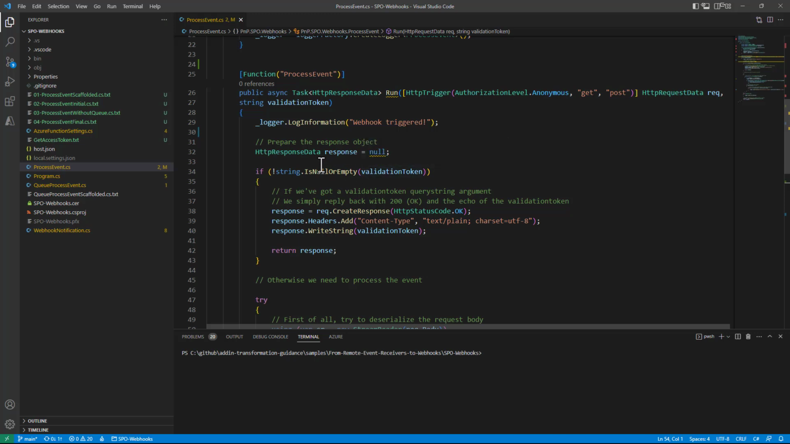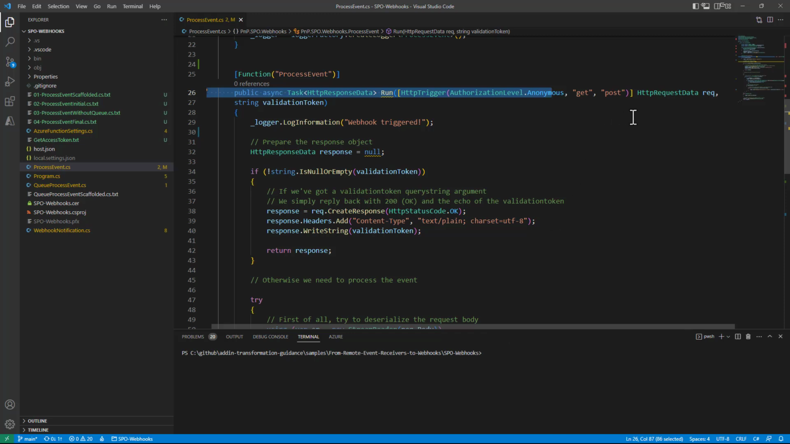Whenever you make an Azure function, or in general, whenever you build a webhook for SharePoint Online, you will need to take care of a validation token which will be provided in the query string, because when you register the webhook, SharePoint Online initially will make a request targeting your endpoint, providing in the query string a validation token. That's why in the signature of my function, I have not only the HTTP trigger with authorization anonymous and get and post supported, but I also have the HTTP request and optionally a string validation token input argument, so that